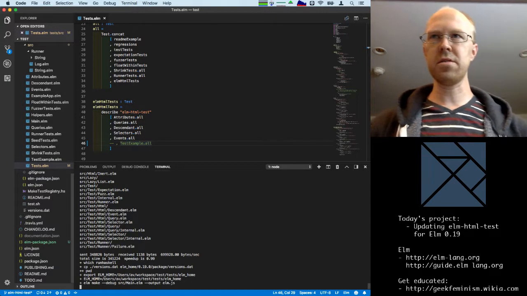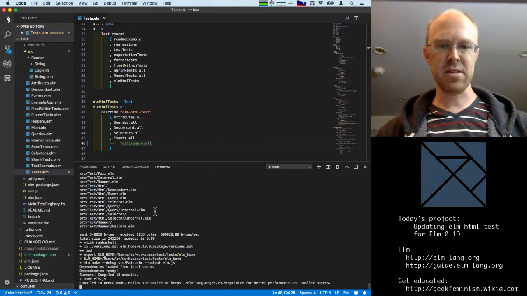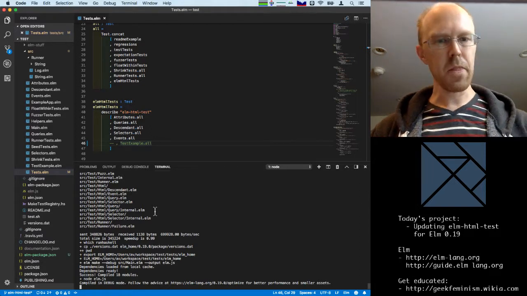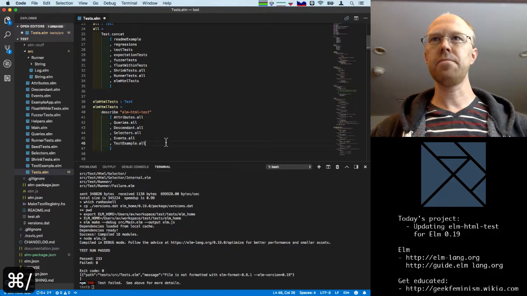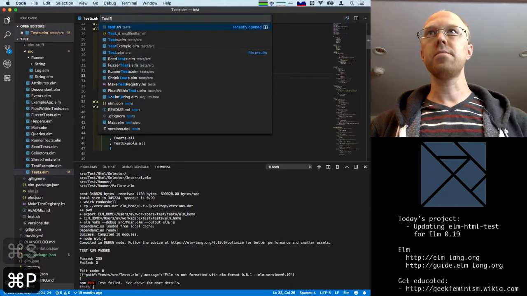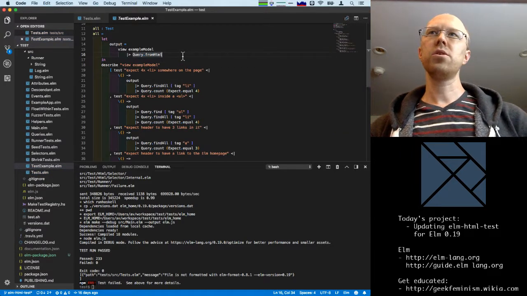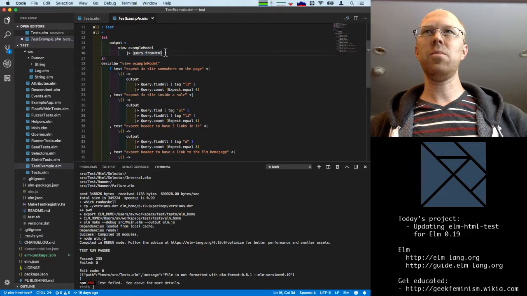Let's just run the rest of them without that and make sure that everything else is passing. Yeah, great. Okay, so test example is the only one that's failing, which is suspicious because I was imagining from